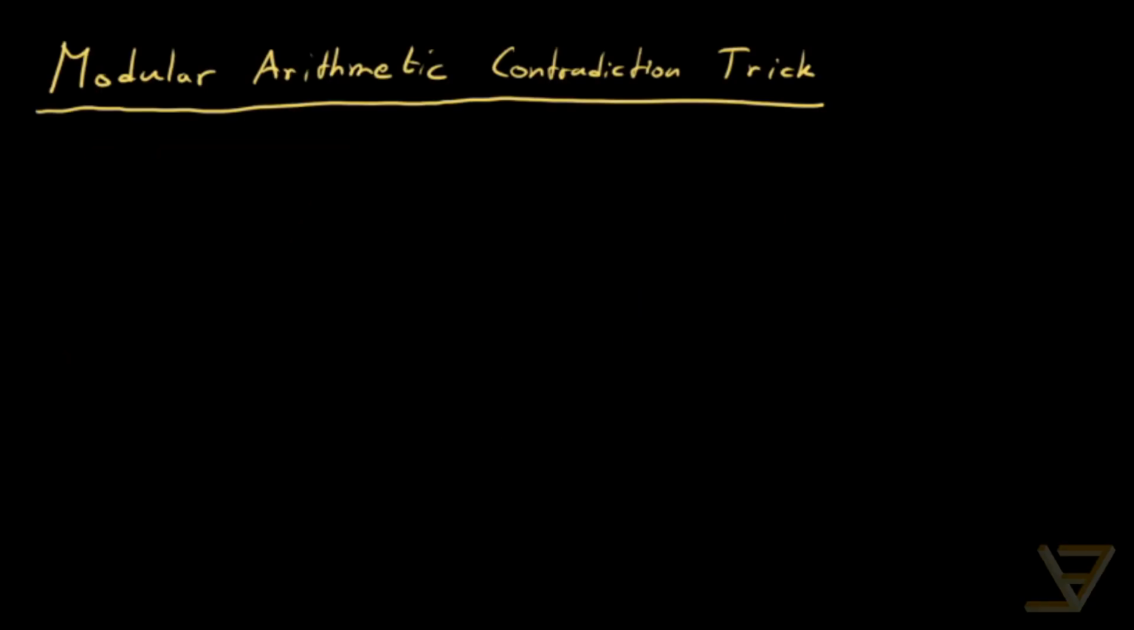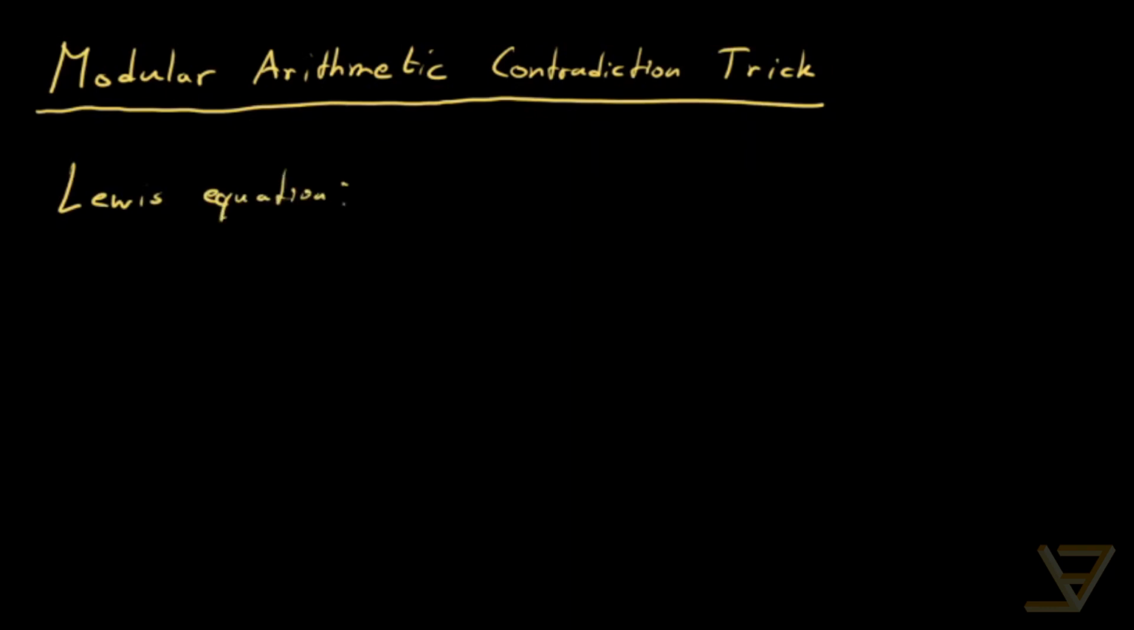Hi everyone, let's talk about the modular arithmetic contradiction trick for Diophantine equations. Let's take a look at an example, because this is best exemplified by a concrete example. I'll show you what's called the Lewis equation,